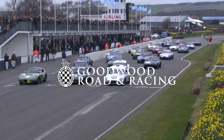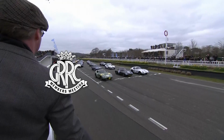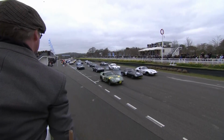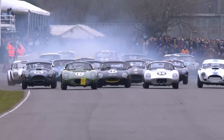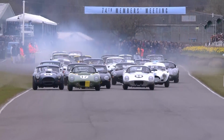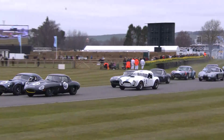E-types, svelte and streamlined. Aston Martins as well. TVRs are going to hear the engine revs rise. Who's going to get the power down? Well, Rob Hall started well. One or two of the Cobras further down the order. It's a lot of cars vying for position, and it's just going to be Cottingham with, from the outside, Andrew